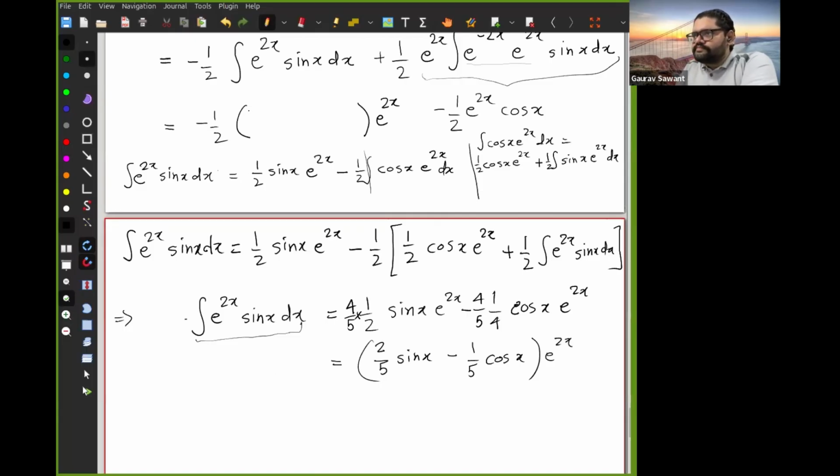So x minus 1 by 5 cos x. And then like in the original equation, there was also minus half e power 2x cos x lurking outside. So expected solution for the problem